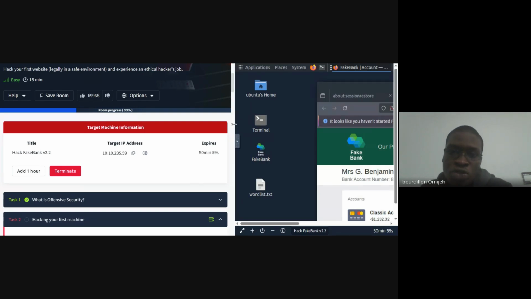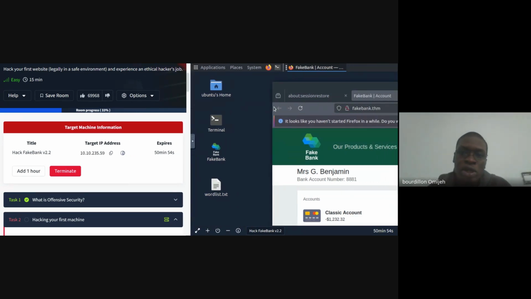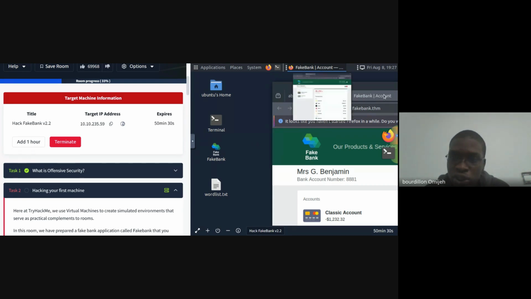So if your machine has loaded up, it takes time to load up. Mine loaded while we were talking. This interface you're seeing here will take some time to load, so just allow it to load, probably about 5 minutes or less. Once it loads, look at this button here that says view in full screen. Just click on it. When you click on it, another tab is going to open up. That tab is the full screen of what you are seeing in this right half of your screen.